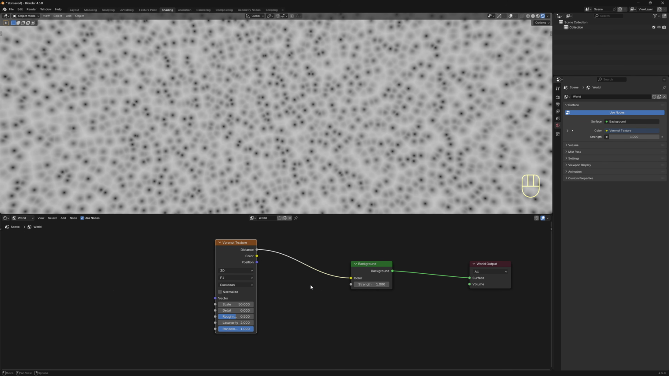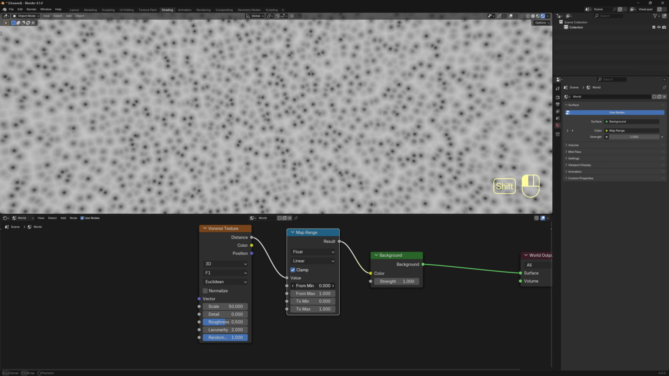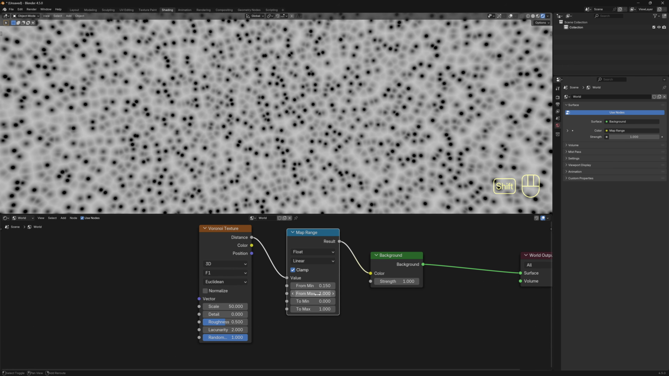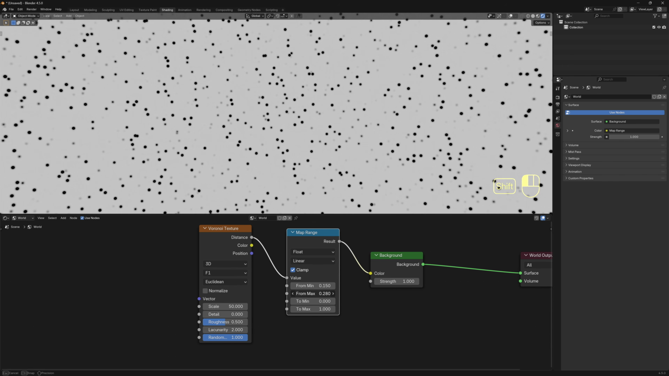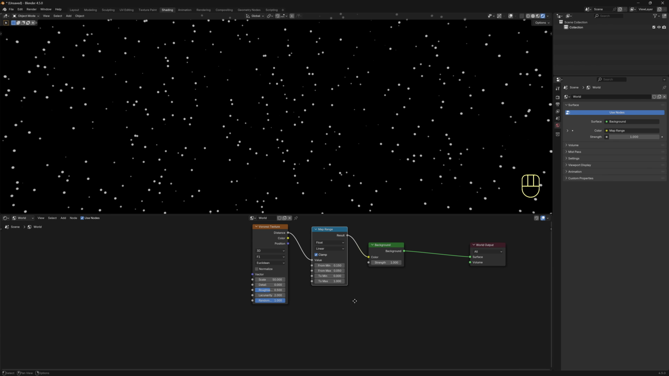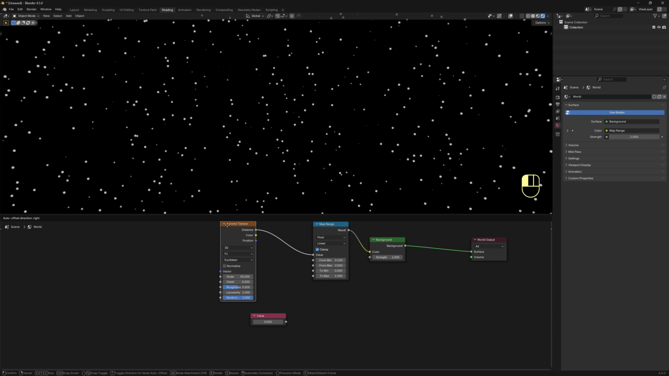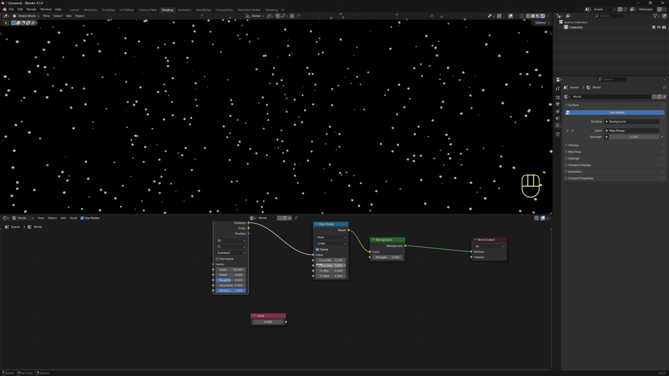Let's drop a map range node here in the middle, so we can adjust the star size. To make this pattern look like stars, the from min value needs to be bigger than the from max value. I also want to be able to adjust both values at once while keeping the distance between them. To do that, I'll add in a value node, connect it into both values,